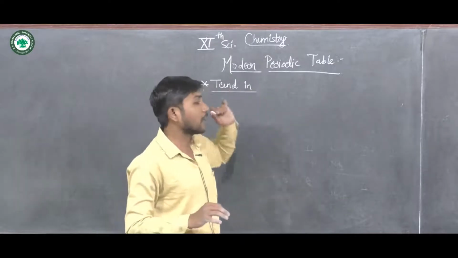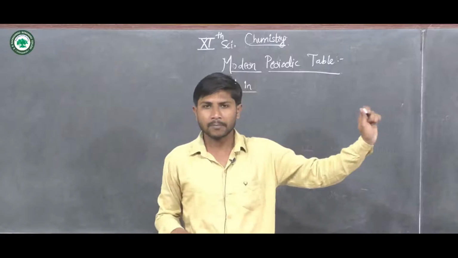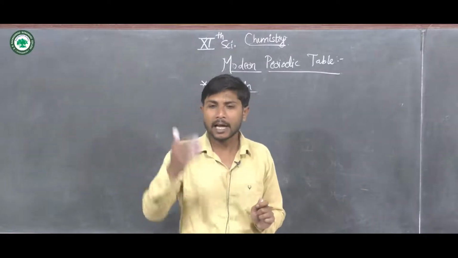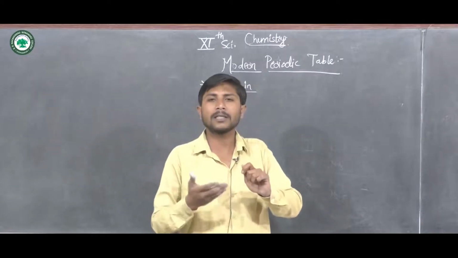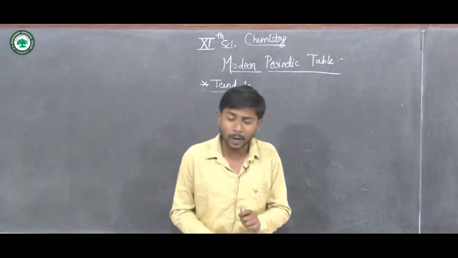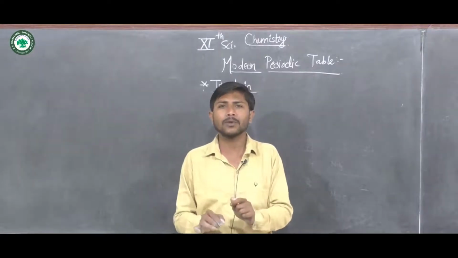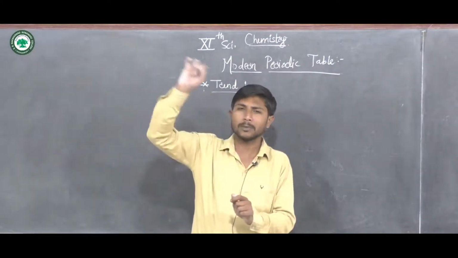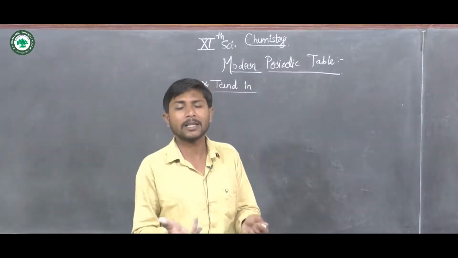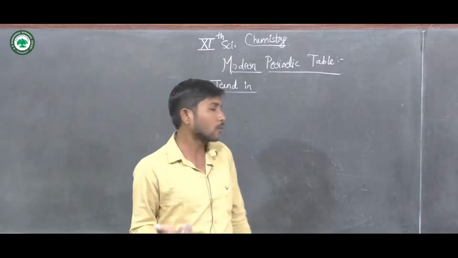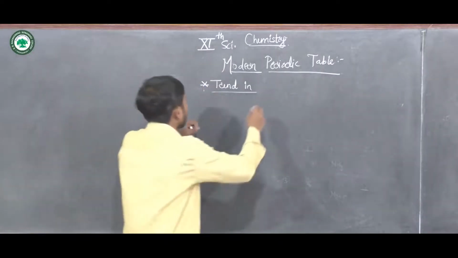We have seen the trend of ionization enthalpy: across the period it is increasing, and down the group it is decreasing. How? Down the group the number of orbits goes on increasing, so the binding force between the nucleus and the outermost electron becomes weaker, and that's why the energy required to remove that electron goes on decreasing. Now let's see